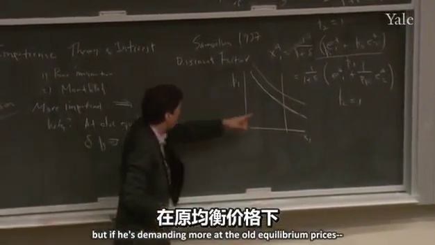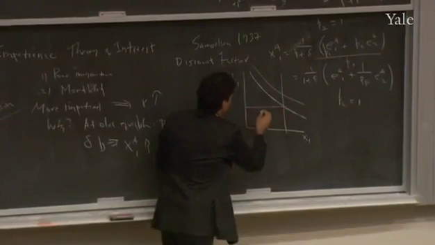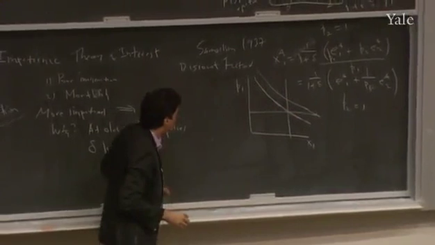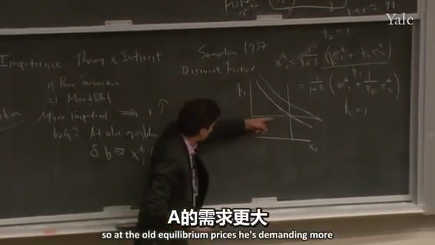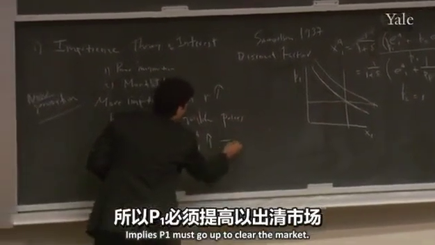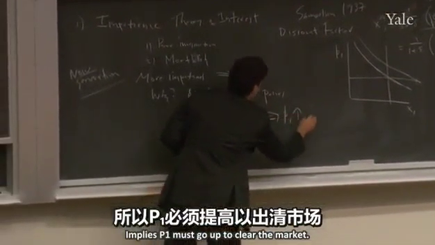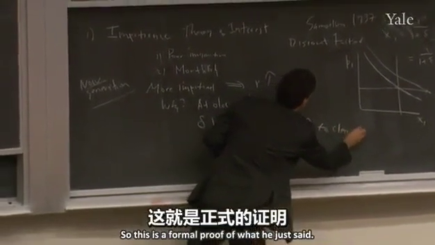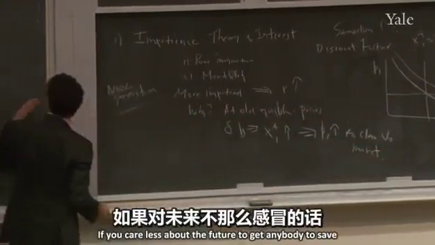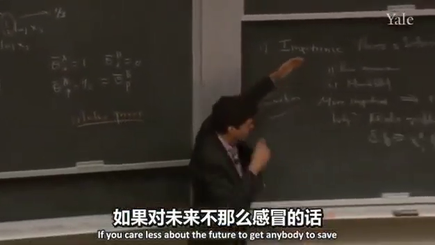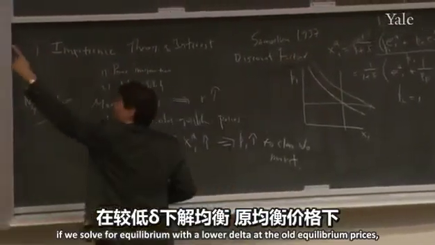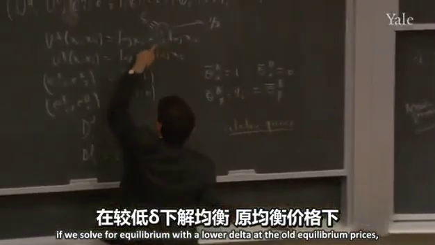But if he's demanding more at the old equilibrium prices, the only way to clear the market is to raise P1. P1 must go up to clear the market. So this is a formal proof of what he just said. The common sense maybe is enough for you: if you care less about the future, to get anybody to save you're going to have to raise the interest rate. To say it formally, if you resolve for equilibrium with a lower delta, at the old equilibrium prices,